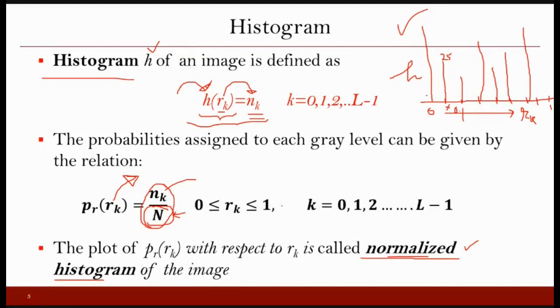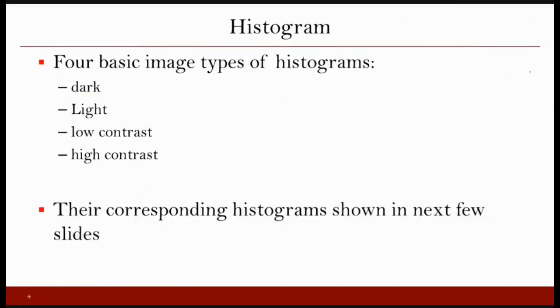So one thing is confirmed: when you get the normalized histogram, if you sum all the values here, the total is 1. That is why we can say that the normalized histogram is a kind of probability distribution, because in a probability distribution, if you sum all the possible values, the total is 1. You see the same thing here. So we can treat this normalized histogram as the probability distribution.